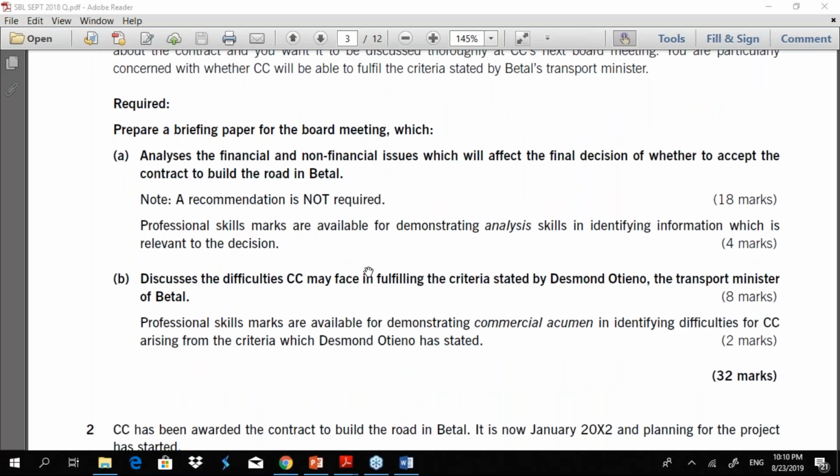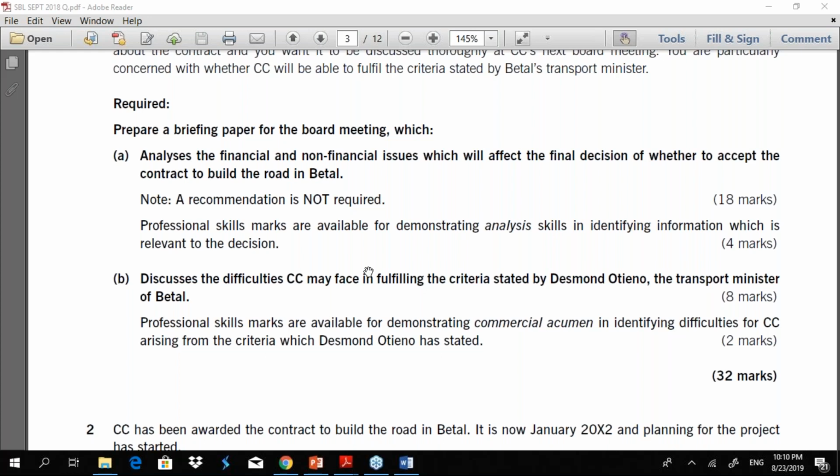And the B part, again, you don't need any technical knowledge to answer that.